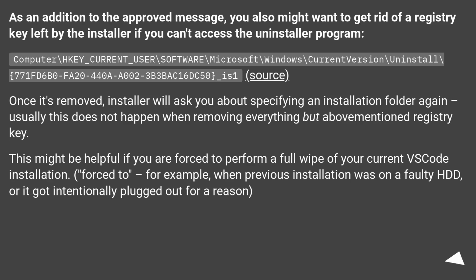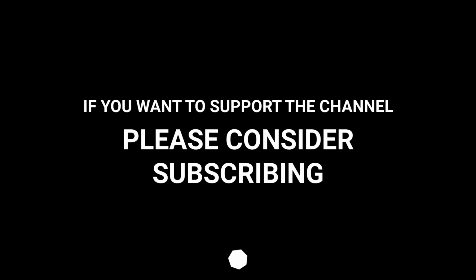This might be helpful if you are forced to perform a full wipe of your current Visual Studio Code installation. Forced to, for example, when the previous installation was on a faulty HDD, or it got intentionally plugged out for a reason. Usually,